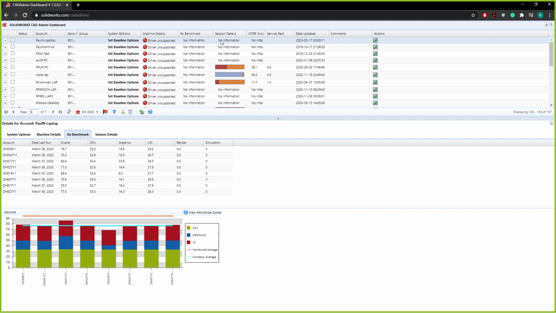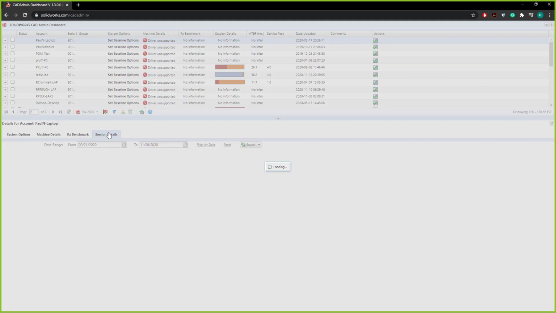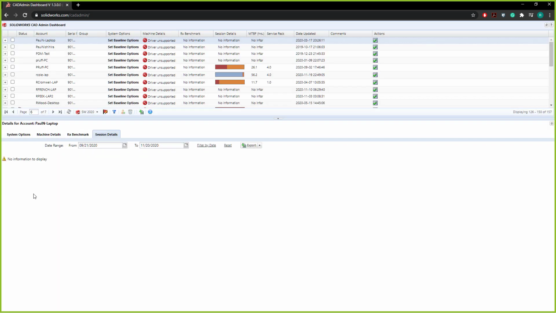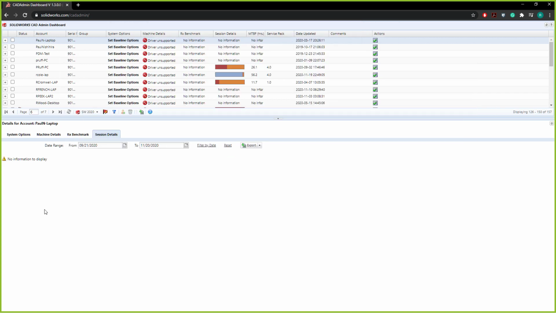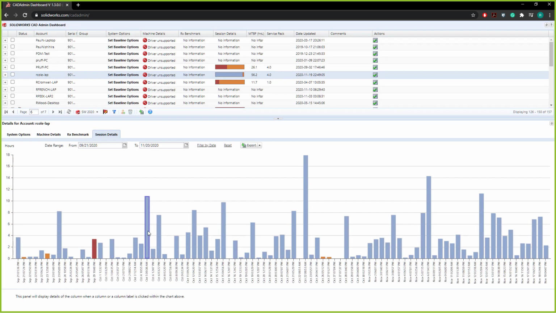The other thing is especially with these session details here, if I come in and take a look at it, I don't have any information from here to here. I don't think I have any, but basically that ends up looking just like this information, and you can see kind of a broad spectrum of all the users down here at that time. So that's Paul's laptop. Let's see if I click my name. Yeah, there you go. So there's my session details, how long I was on it, when I closed it. Here's what crash I had back in